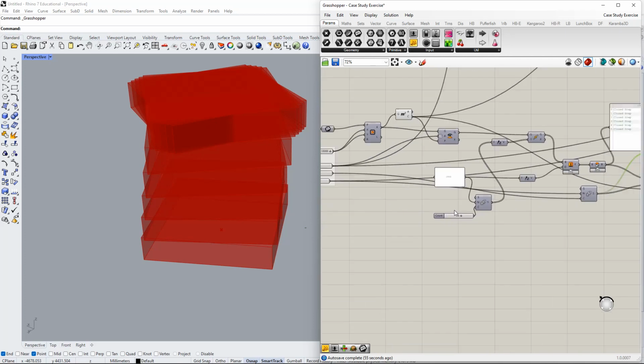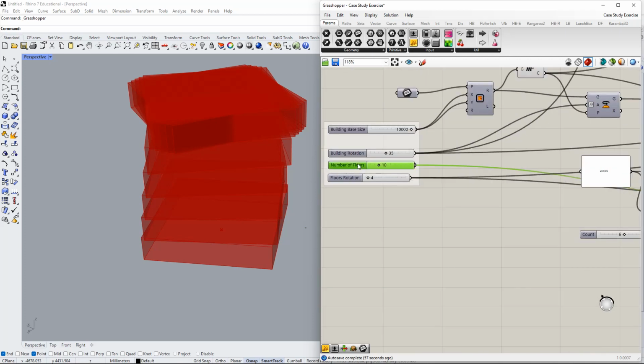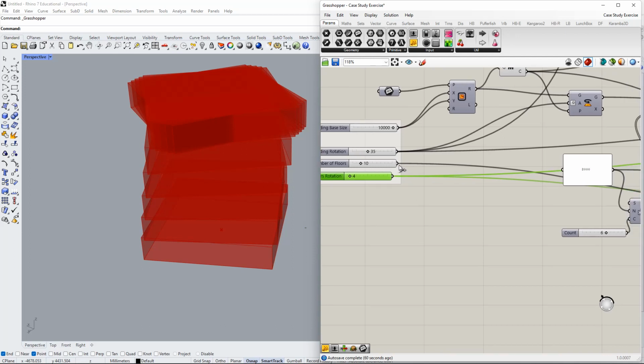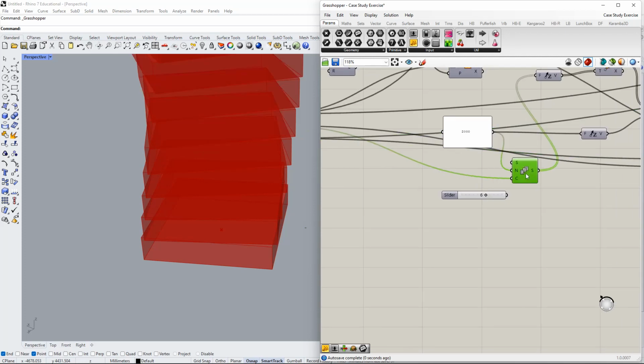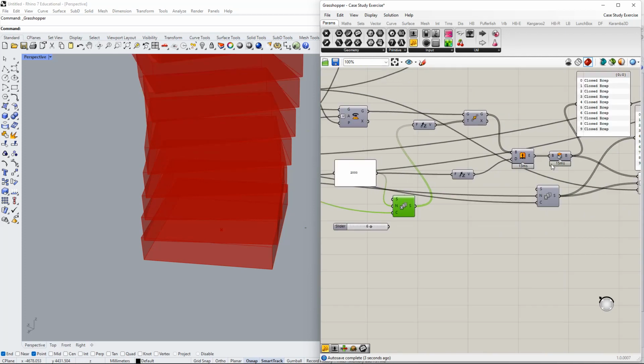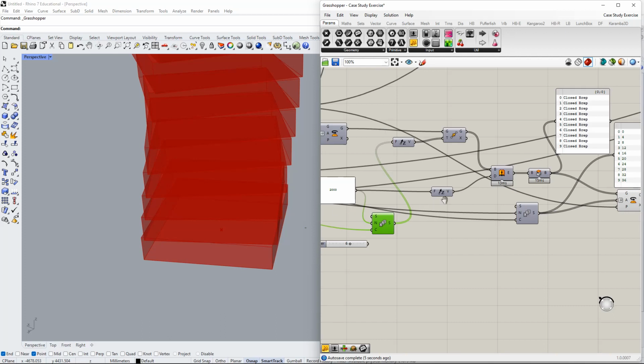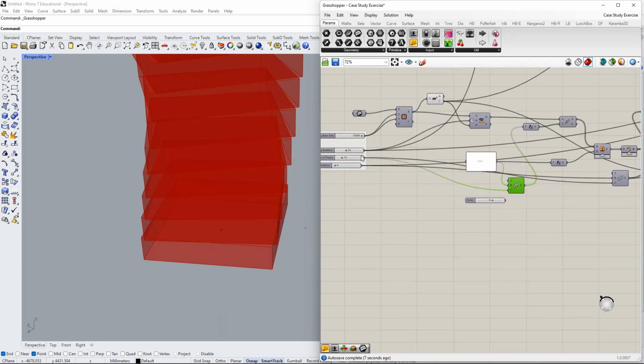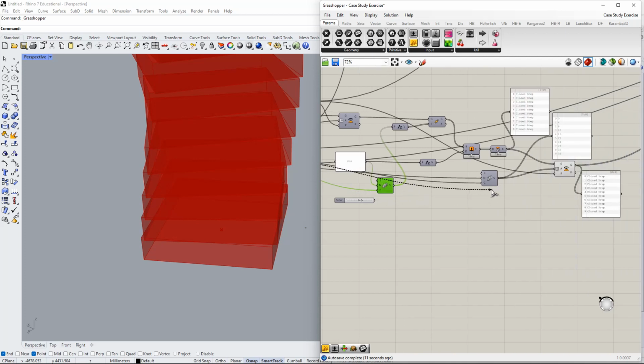And what we can do is simply, I'm going to take the floor number to the count, and make the amount of floors be the same amount. Again, I'm going to use the same slider that I used in here, but I'm going to connect it to this series